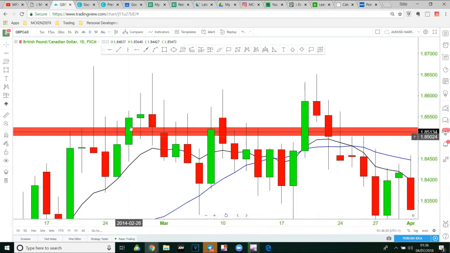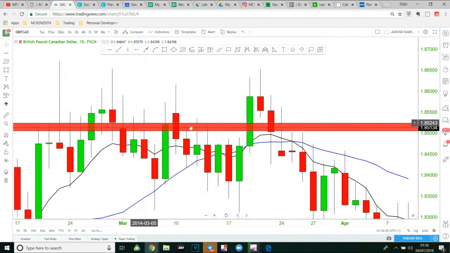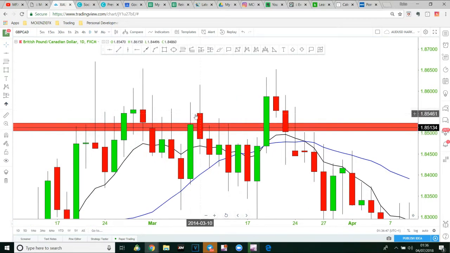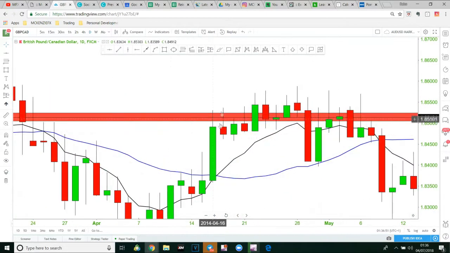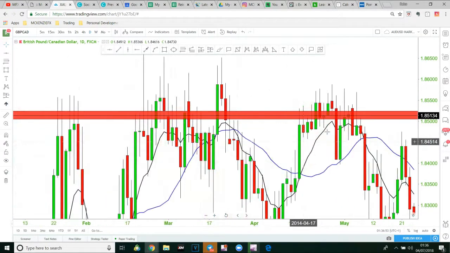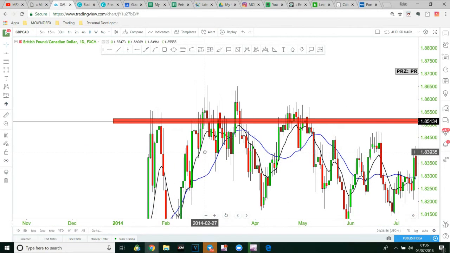You can see here, this is a fake out where the market broke out, pretended that it was going to go up, but in fact it continued to go down. This one as well is pretty much just a gap, but I'm guessing that at least when it opened here, the candlestick close was below the red zone. Another fake out. We come over here, rejection. You guys get the idea. When you see loads of wicks in an area and the market cannot get past that point,